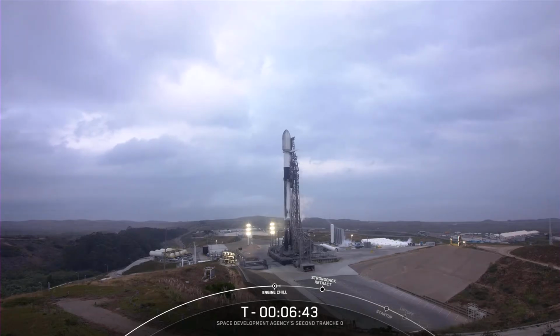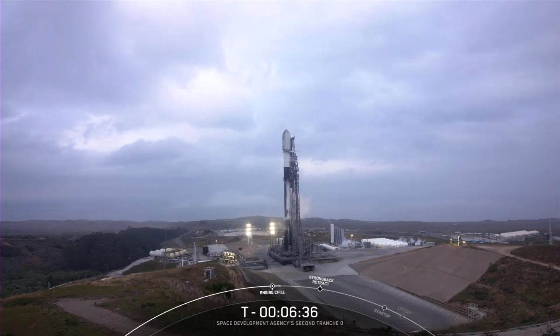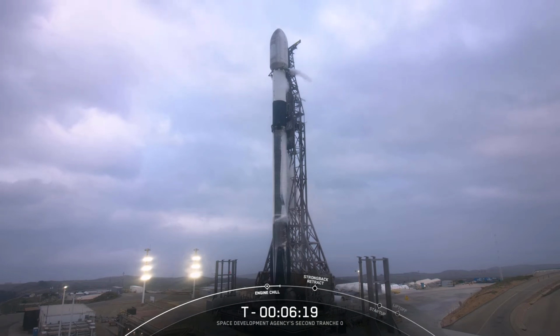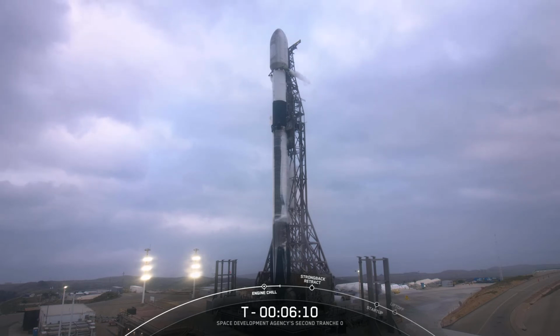If you're not too familiar with what getting to orbit actually means, in order to get the rocket and our payload into orbit, the rocket has to not only go up really fast, it also has to go sideways. As we ascend, we tilt the engines, the technical term for that being gimbaling, and that turns the rocket horizontally. We're still going up, but now we are also heading horizontally away from the launch pad, and this is what we call a gravity turn. The rocket typically needs to go 17,500 miles per hour horizontally in order to avoid being pulled back down to Earth and get into orbit. And to help demonstrate this concept, imagine firing a cannon from a really high mountain. The cannonball